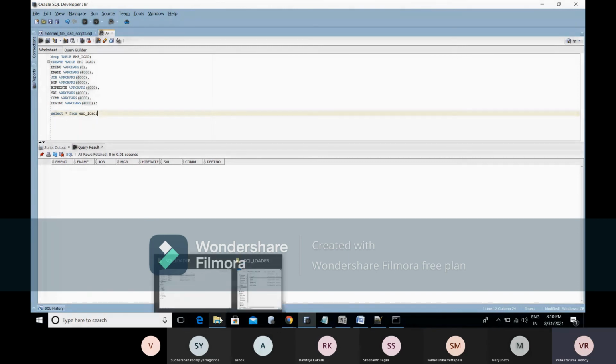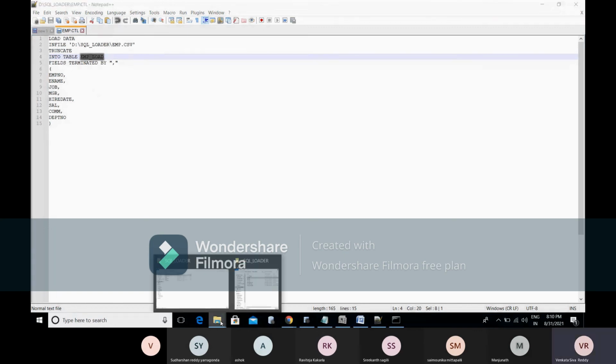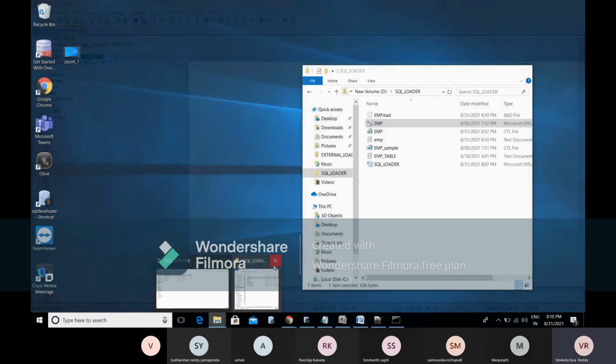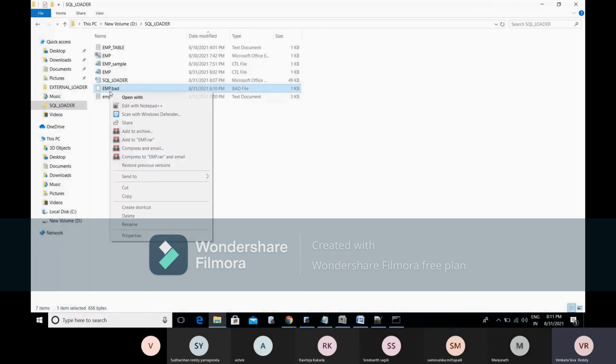If you see the log file here, earlier you didn't have a bad file. Now you got the bad file.